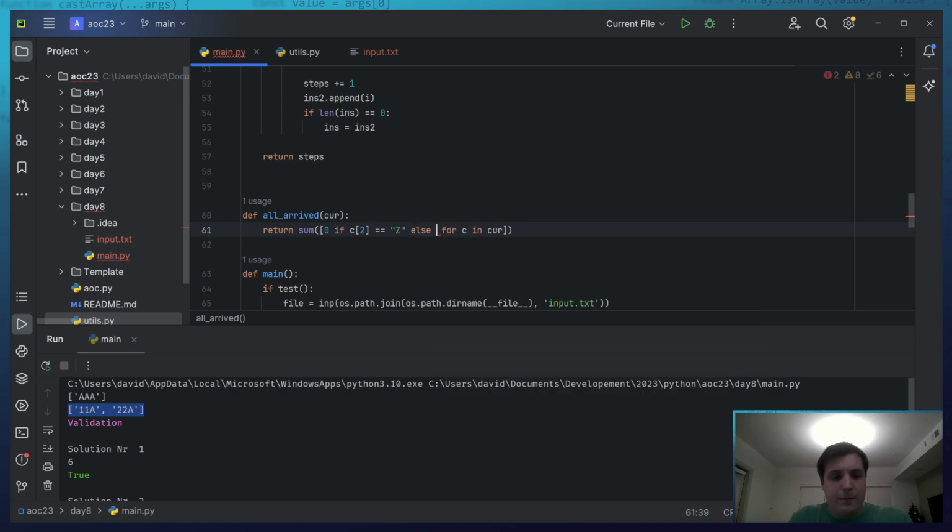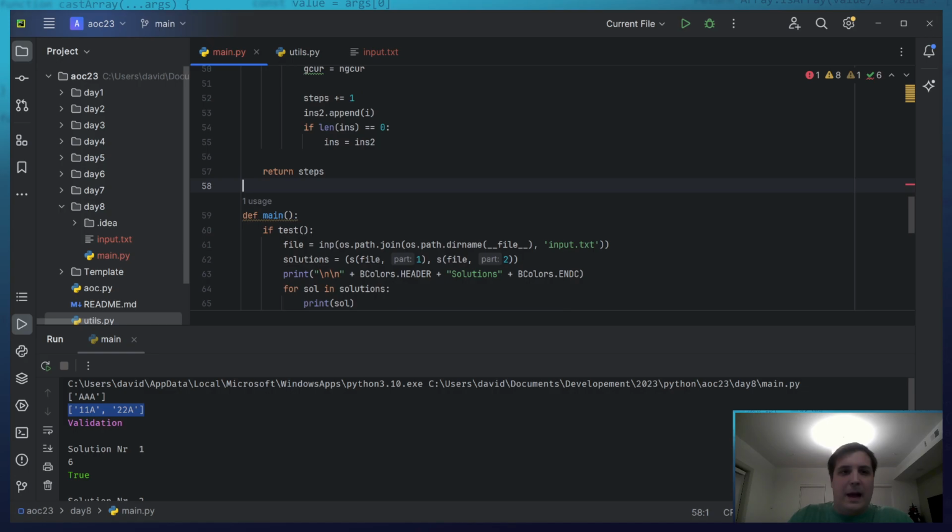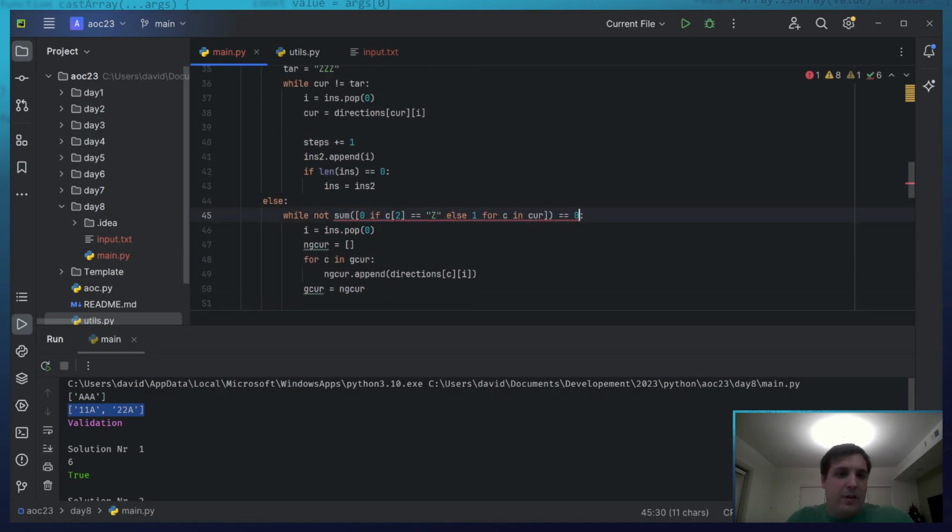Else 1, yeah. And then I can say I'm hoping for 0. I don't know if that's actually efficient, but the reason why I'm doing it this way is because I'm actively trying to practice list comprehension. And that was right now a quick way for me to do this. So the idea here is this.